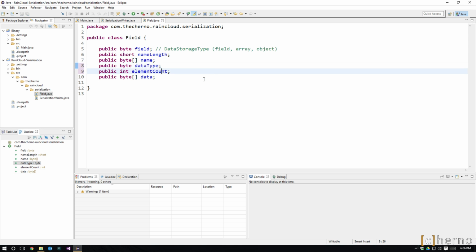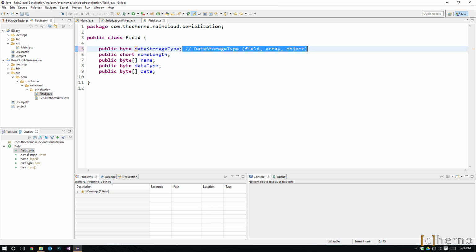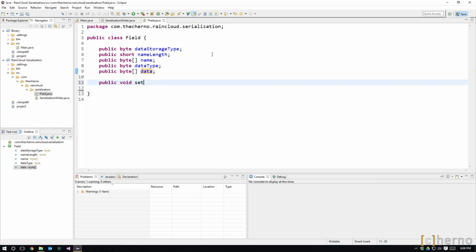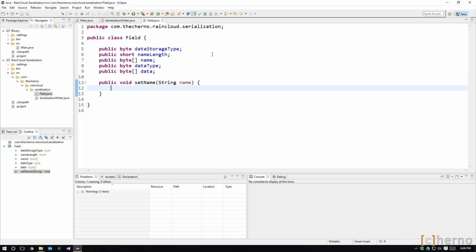So that's an example of how we would implement arrays, but we're doing fields right now, so let's stick with that. That's what this really is. So I should probably call this data storage type. And then we have the name length, and then we have the name, then we have the data type, and we have the data. I think I'm pretty happy with that. I will make a set name method here just for convenience. And this will just let us do a few things. First of all, it will mean that we do something like